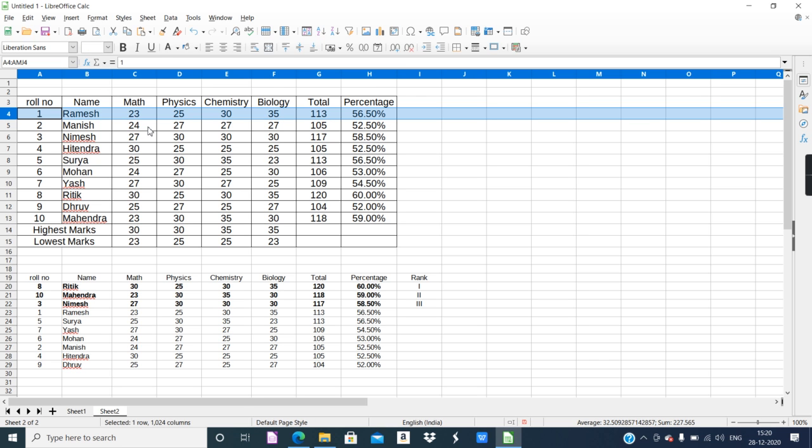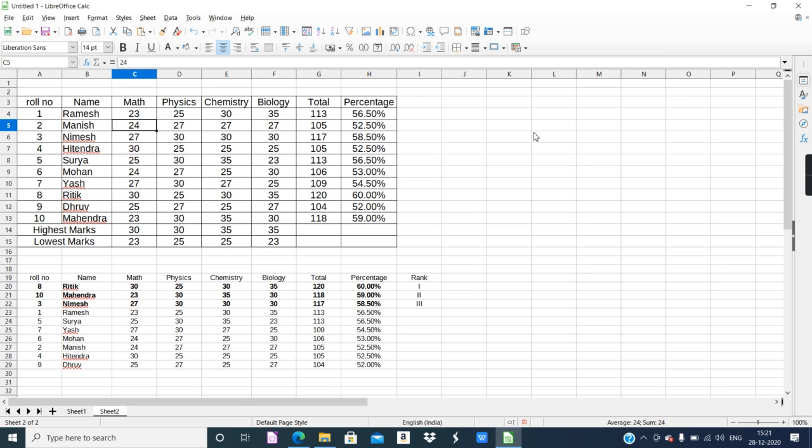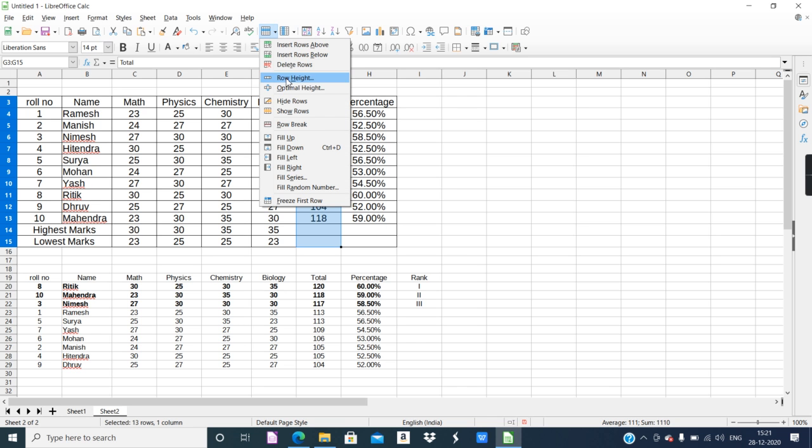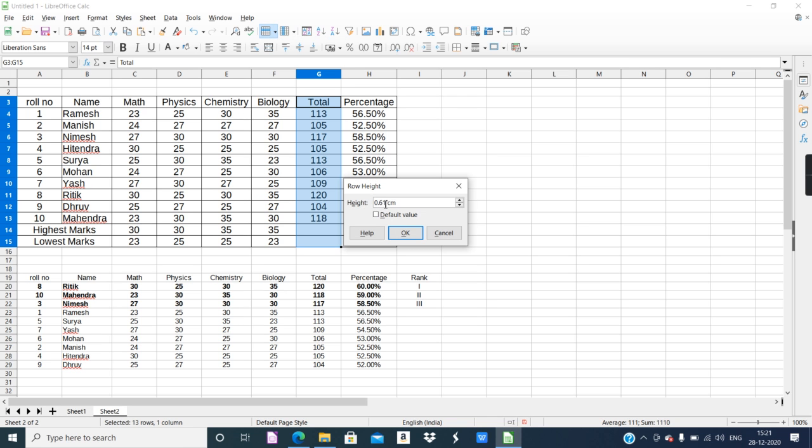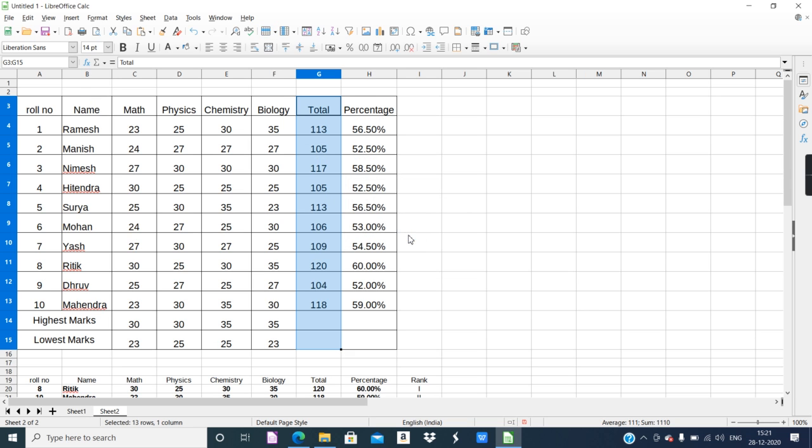Either you select a row or select any cell, or select all the cells. We want to increase height for all of these rows. So select the rows, then go in this option and click on row height. Okay, so by default it's 0.61 centimeter. I'll give 1 centimeter. Okay, and click on OK. And see, this is how you can increase the height of the row.